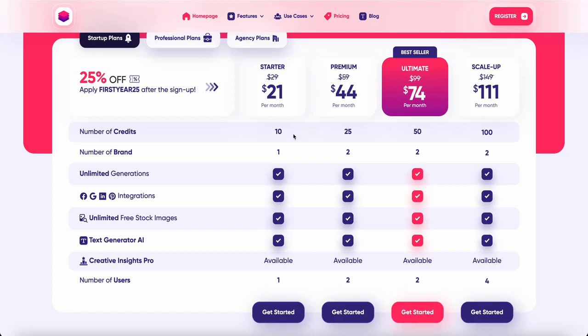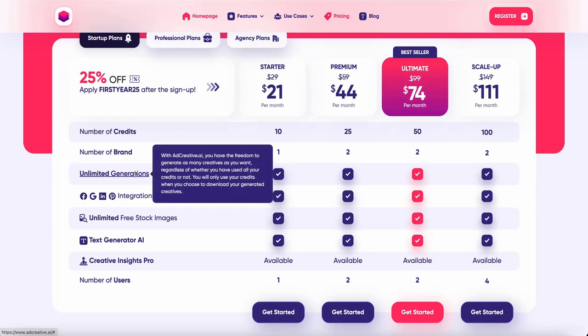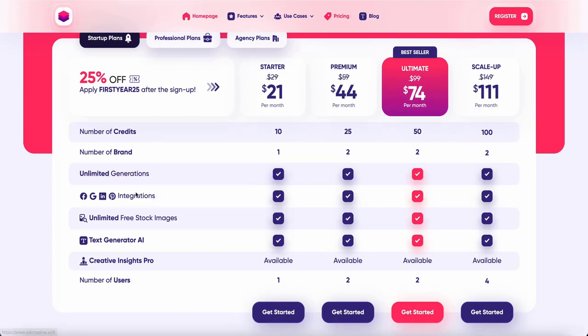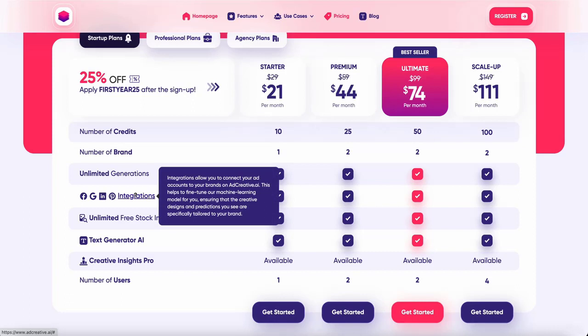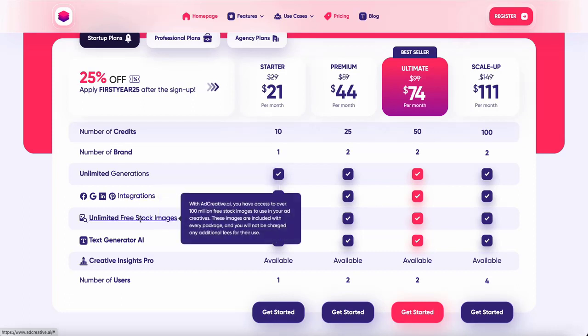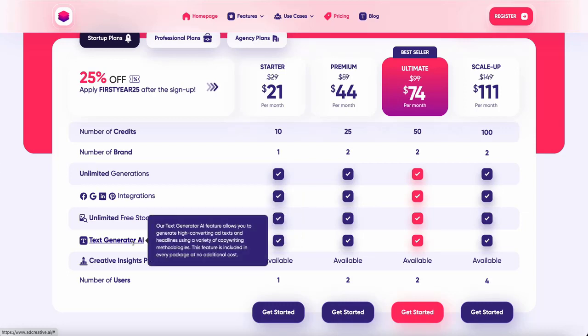Then you can have 1 brand, 2 brands. As you can see, you have unlimited generations. You can integrate with your ad account. You can also use stock images and get some ideas about your creatives.